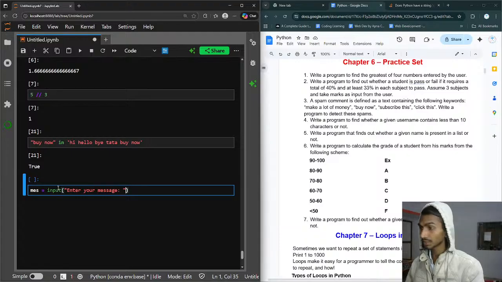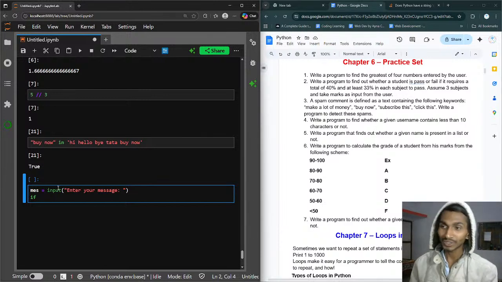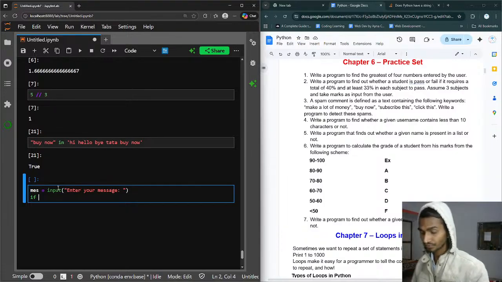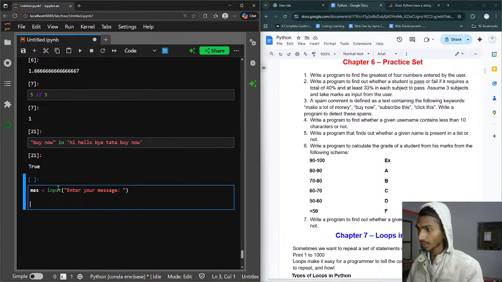And once the message is entered, we will detect if so many values are there. There's not just only one value. For message, for